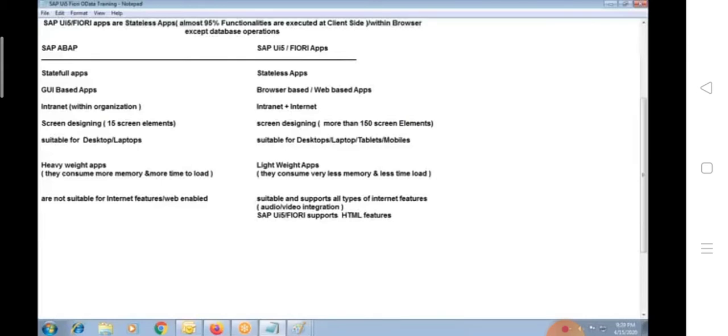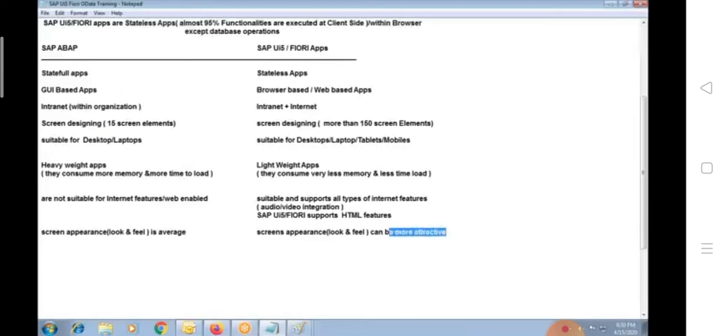Like that, there are many other options. Similarly, in ABAP applications, the screen appearance is something like average. That means the look and feel of ABAP screens is normal, or I can say it's not so attractive in nature. But with UI5 Fiori apps, the look and feel can be more attractive just because we can add CSS options.